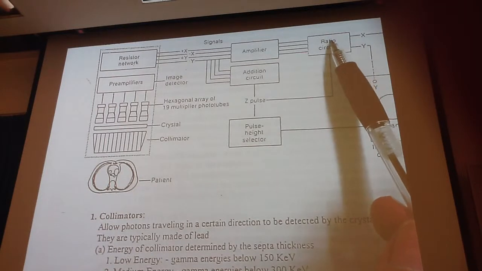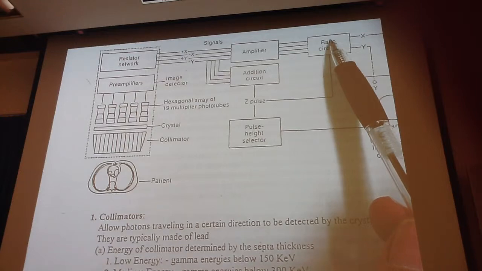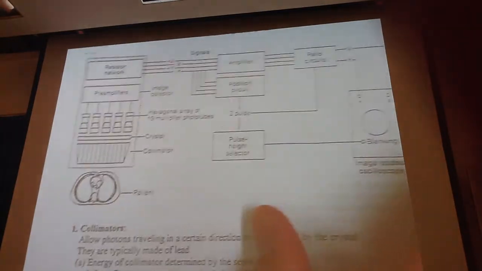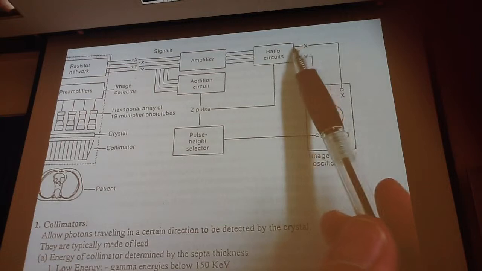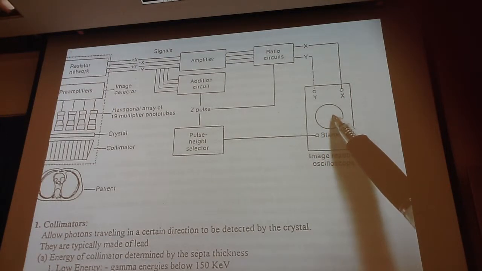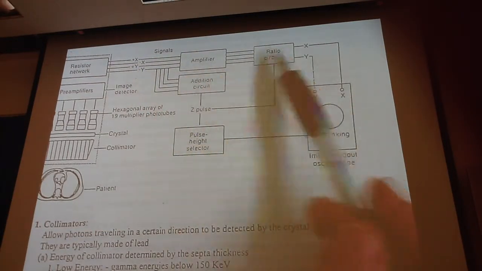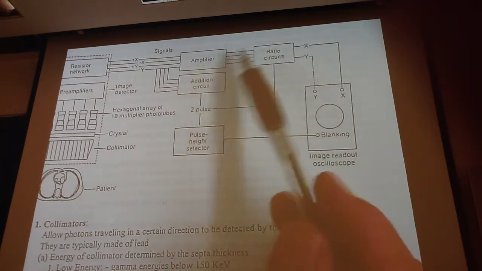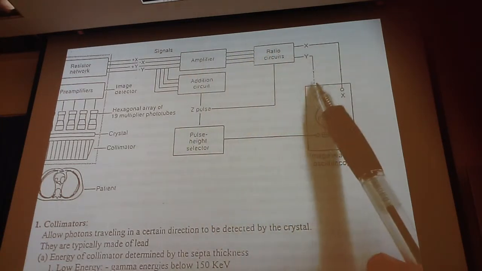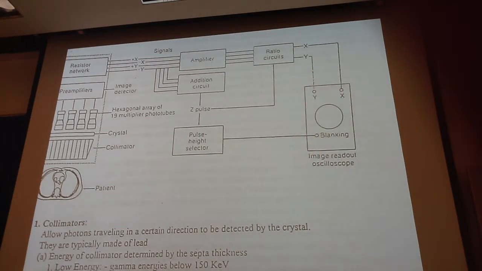So basically, if I had 10 positive volts and 2 negative volts, 10 minus 2 equals 8. So that 8 volts would be my X position signal over here that would go into the CRT. Or in this case, you can imagine this as being your computer. The same thing for the Y. There's actually two circuits that you need to be concerned about. One is what we call the positional circuits, which is your X and Y position. I think I told you before,